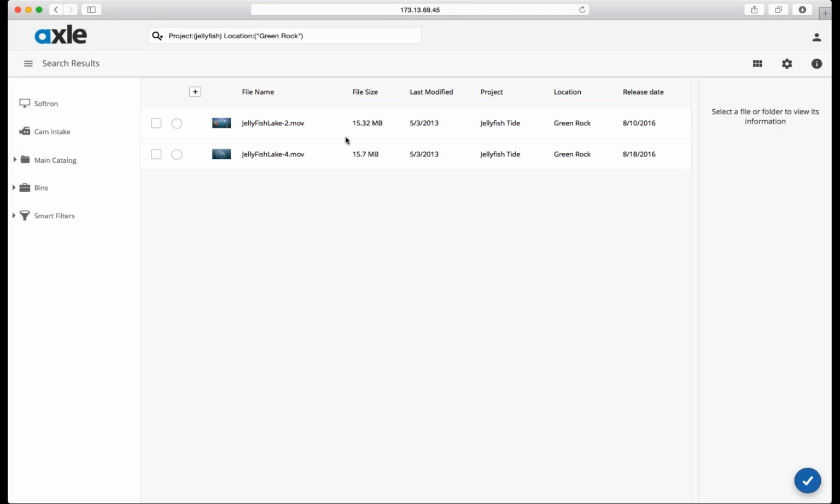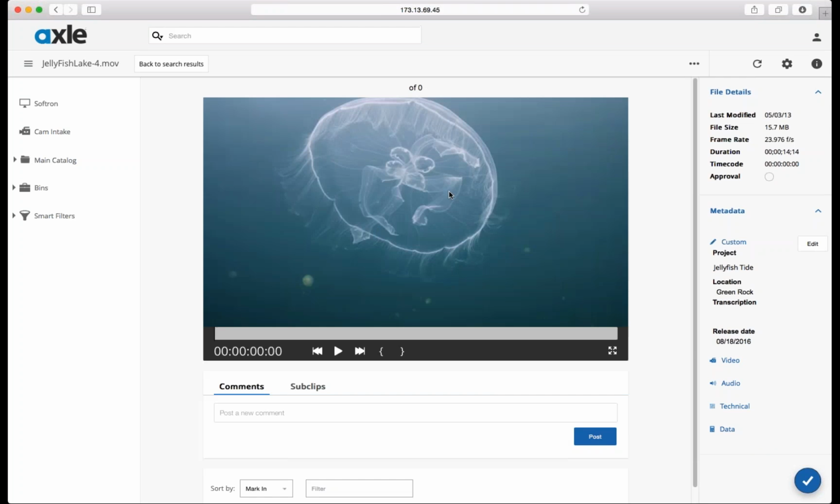So once you find the file you might be interested in, you can go ahead and click it. This takes you to our player view. As Sam said, we use proxies. So you'll be able to review your media without needing to worry about really weighing down the network with huge file